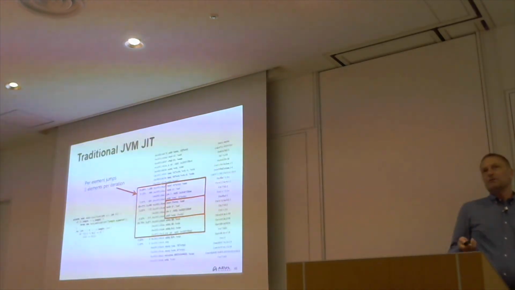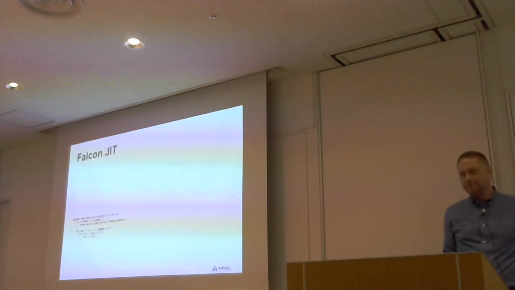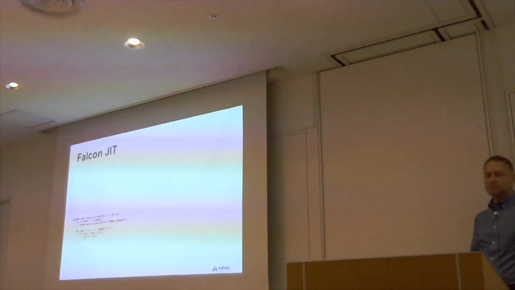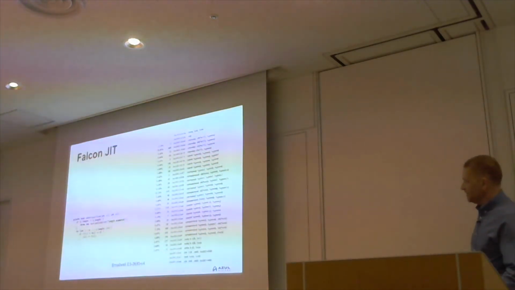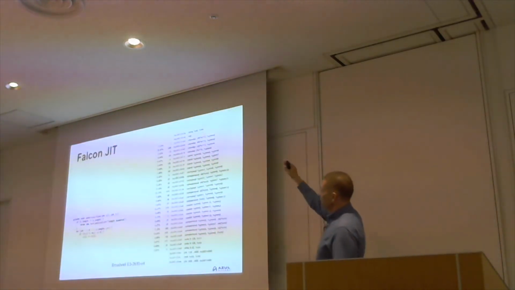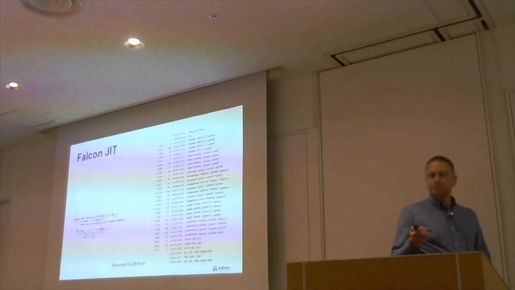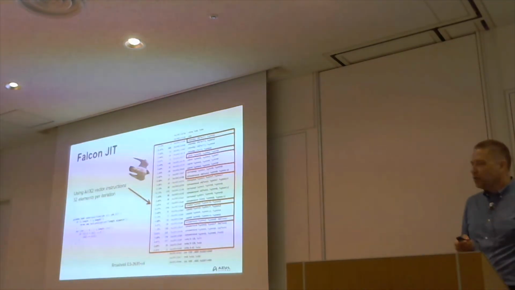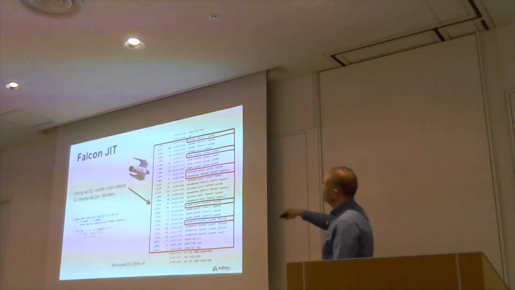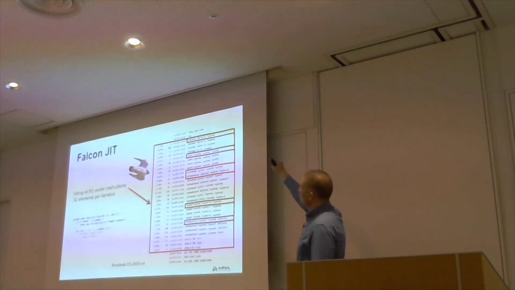If we give the same code to the Falcon JIT compiler, so same code, what we get is some more micro operations, which look like this. And I'm sure you probably can't see that they do look a little bit different. But if you, again, draw some boxes around that, what you'll find is that there's a repetition 4 times of 6 instructions.